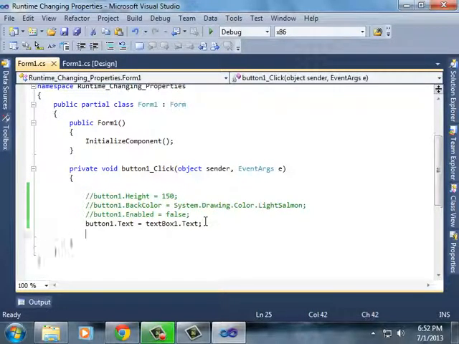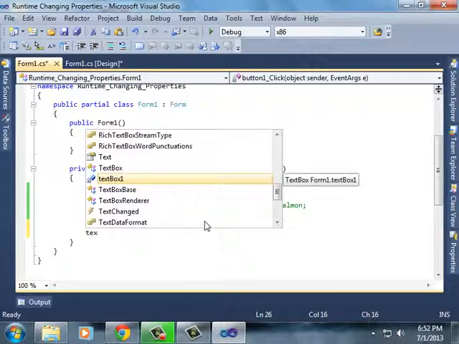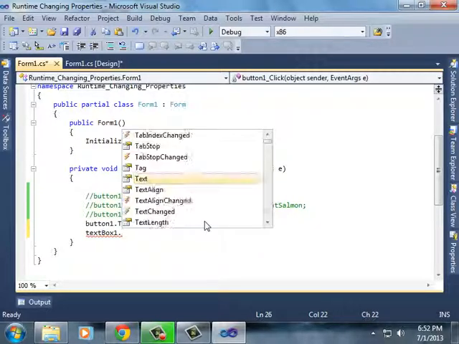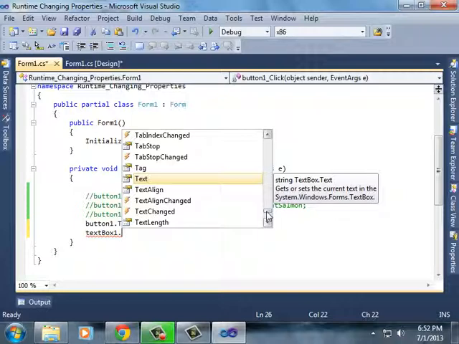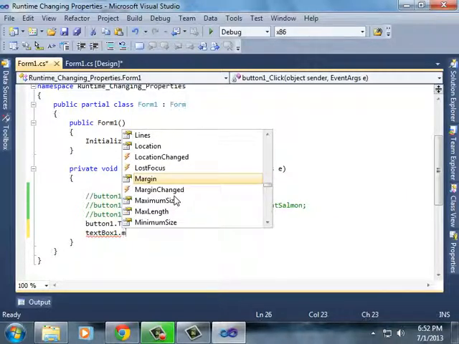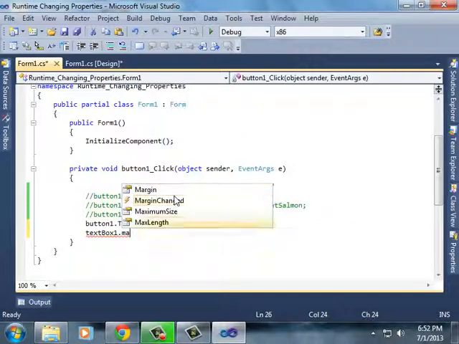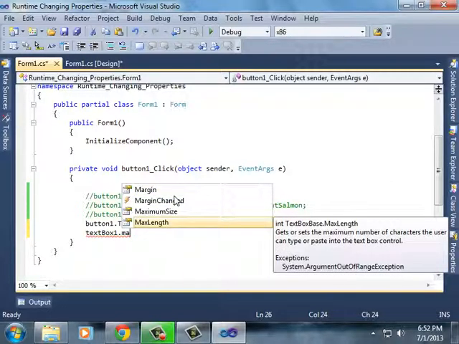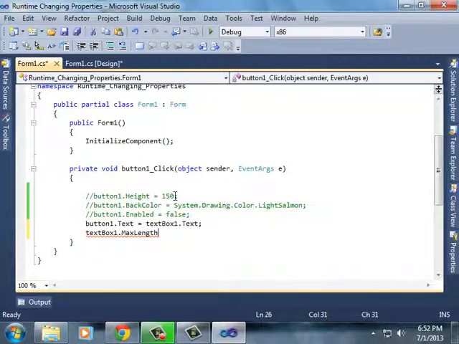So I want to change the text box properties, so I will access textBox1.Properties. I will change the properties. So I want to change the maximum length. It means that I can enter a fixed length of characters, so if I am fixing it to 5, it means that I can only enter 5 characters in the text box.